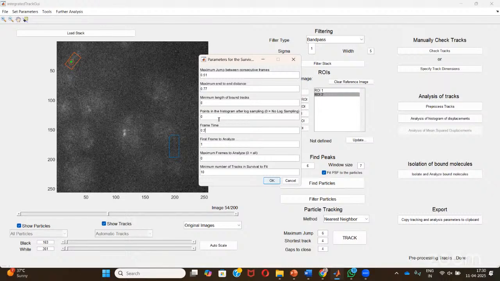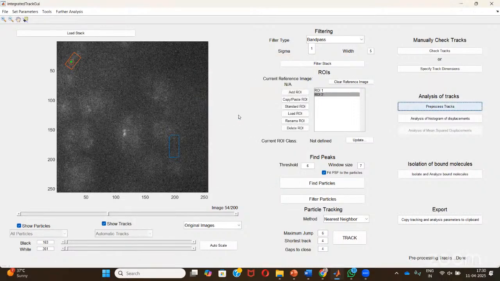These are few parameters that we put, like we captured a 200 millisecond movie, so we kept 0.2 as frame to frame time. The minimum length of bound tracks is basically the number of frames till which your molecule should not exceed the maximum jump. And this end-to-end displacement is the displacement between two consecutive points within the n min number of frames. Okay, so now I'm going to put those values and we'll try to see what we are getting. It will take some time.